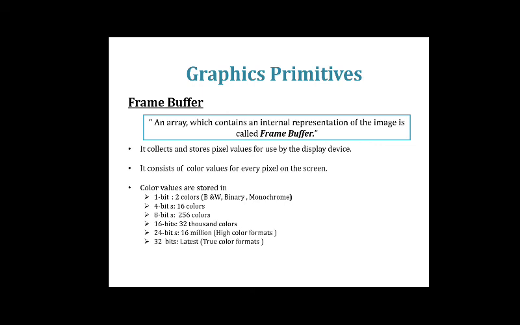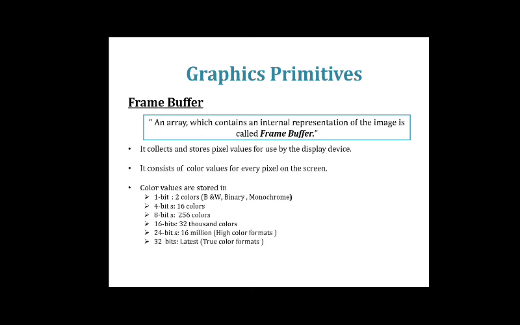Here you can see the 1 bit color value has 2 colors, that is only black and white. All of you have seen a grey image or a black and white image, which has only 2 color values, black and white. It is also called a binary, monochrome or black and white image. These are the 3 names of it. So it requires only 1 bit to store the 2 colors.